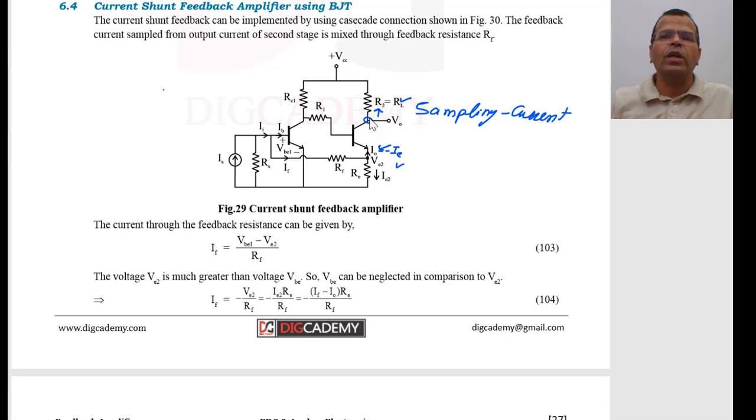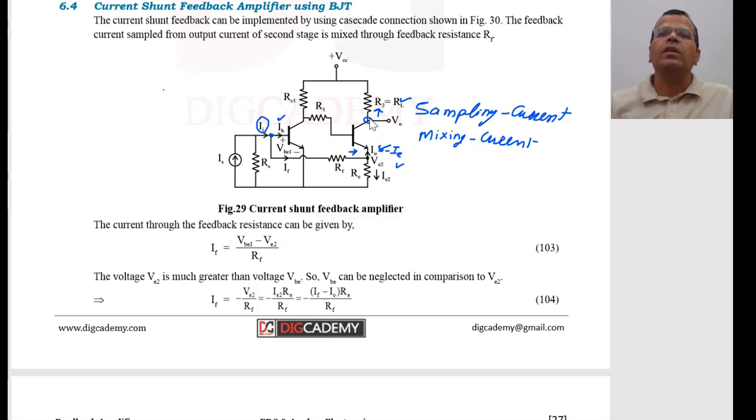Now this load current or output current is split into 2 components. One is this current which is passing through this resistance, emitter resistance, and second component is passing through this resistance, that is feedback resistance. So that feedback current is getting mixed at this point with this input current, that is input current of the BJT, which is coming from the source, of course. So there is current mixing of feedback current with input current results into the base current. So this is current mixing.